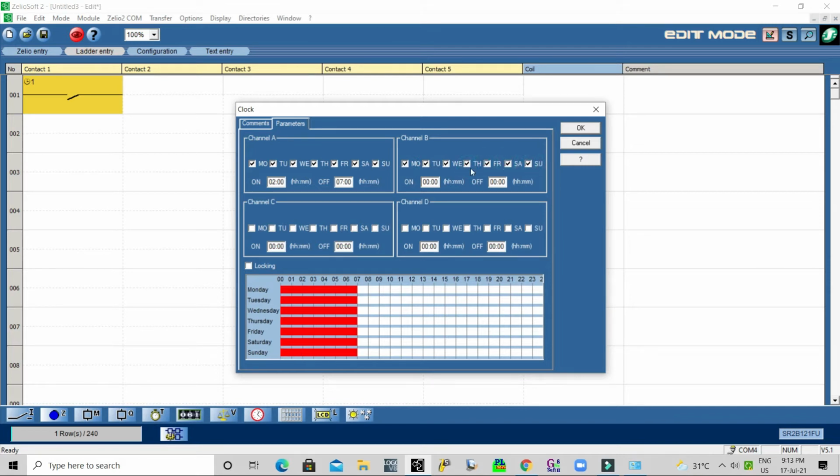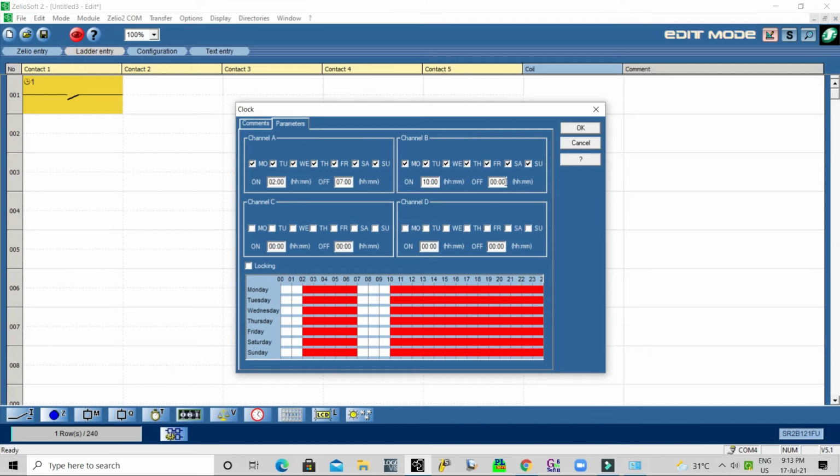If you don't want it to switch on on holidays or something, you can deselect those days, so that on that particular day it will not switch on. Keep this in mind. I will start this from 10 to 16. So I have configured two different timings in a day, and it will work on all 7 days in a week.